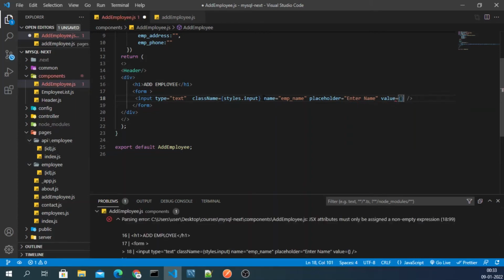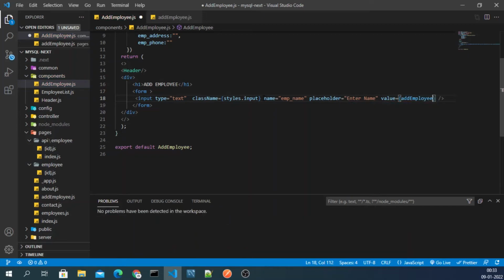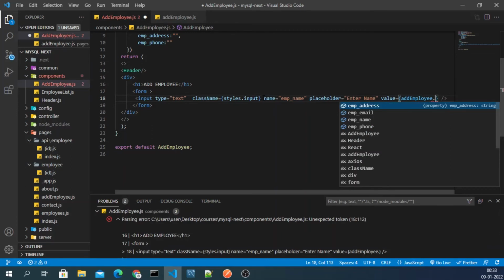Okay, and inside value we are going to add value, then we will be able to get name, right?